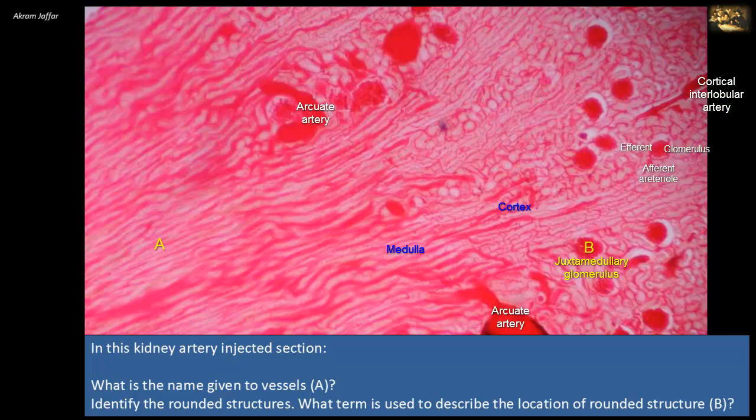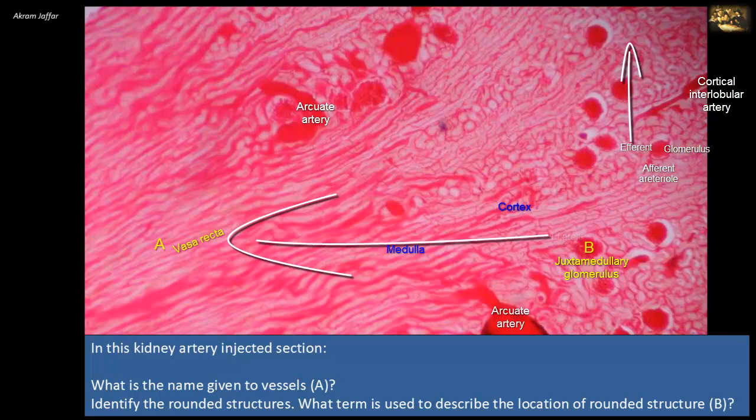The vascular profiles are mainly of the vasa recta, meaning straight vessels. These straight vessels arise from the continuation of the efferent arteriole of juxtamedullary glomeruli, like the one in B. The efferent arterioles of the rest of the cortex divide to form a plexus of capillaries that surround the tubules